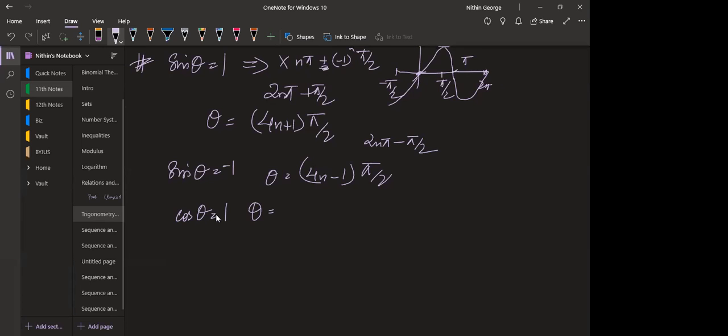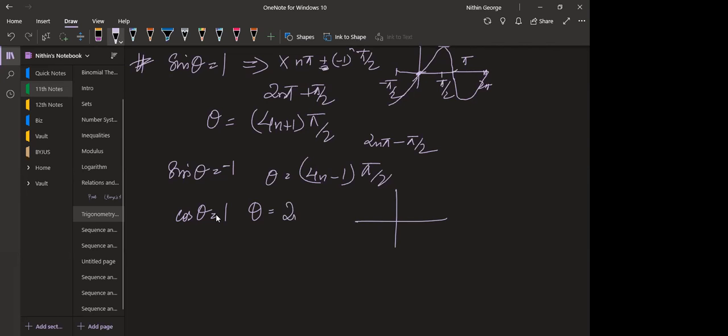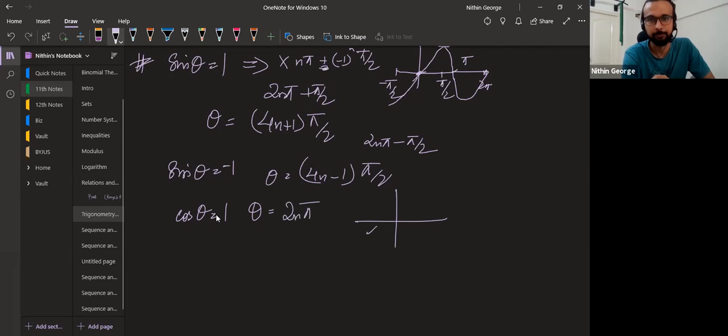Four n plus one pi. No, not 4n plus 1 pi. Think, where does cos theta become 1? Sir, just 2n pi, sir. Yes, absolutely. So cos theta becomes 1 at the points 0, 2 pi,